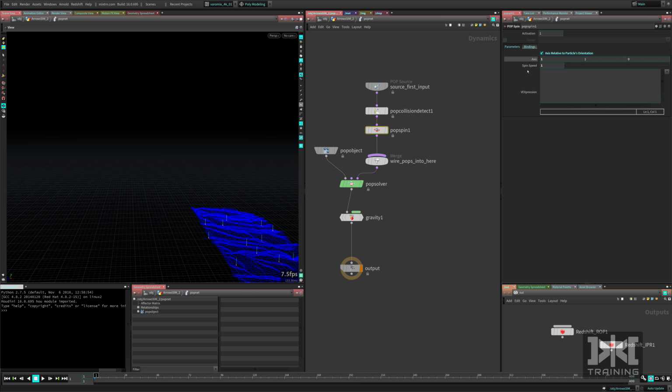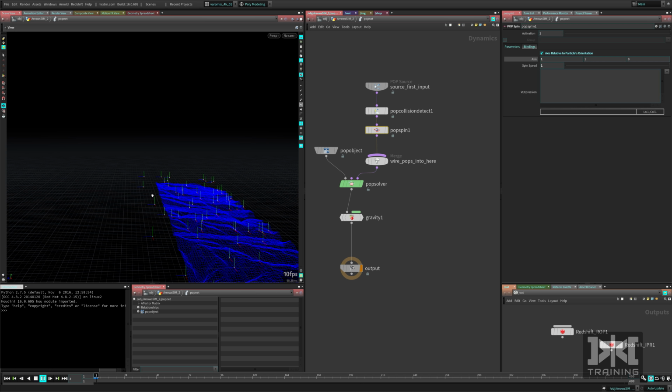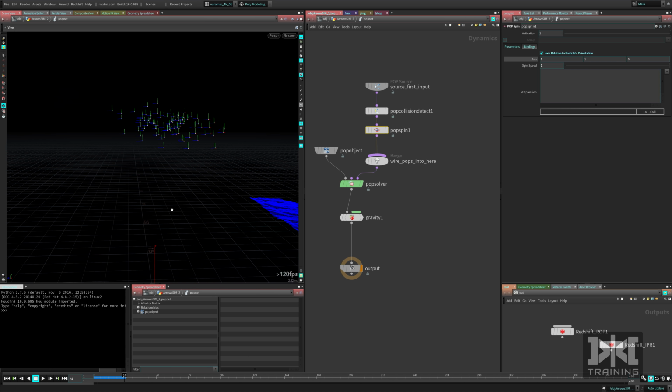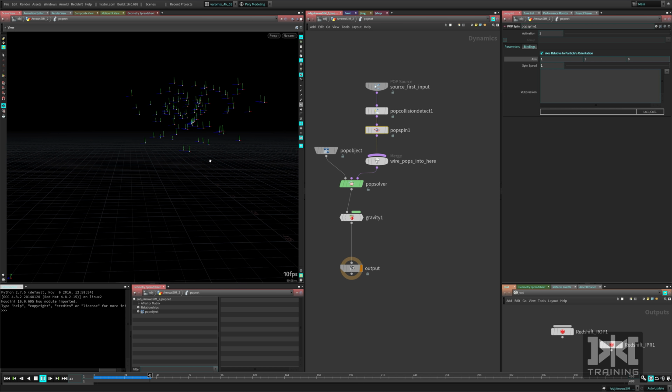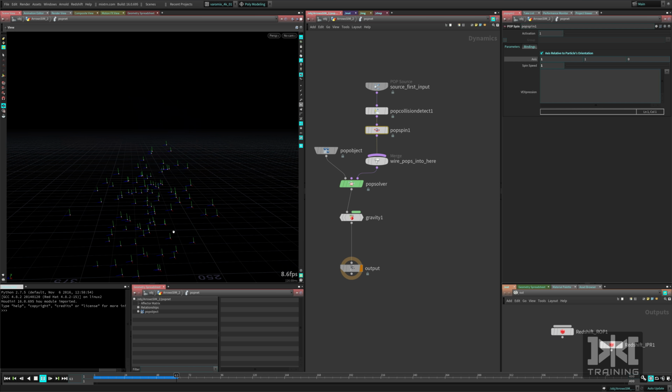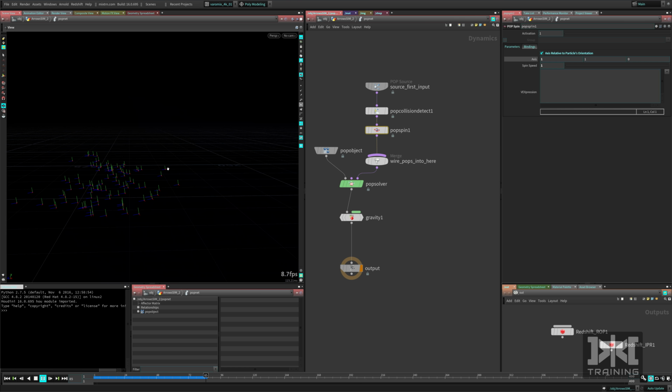So let's say we're going to put a spin of 1. Now you can see they are going and doing that. You can see the z-axis is the front axis always, and they are going and then they fall and they do that. But again, we don't want them to be all the same, so we're going to put a little